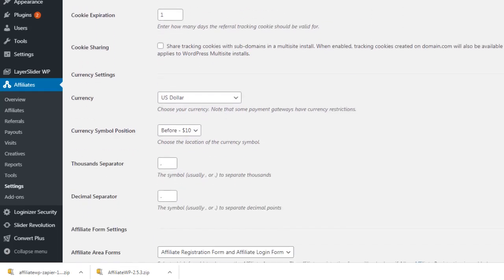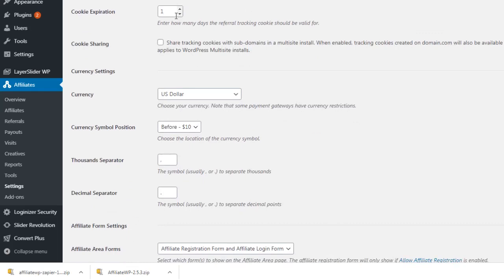Now, cookie expiration, that really depends on you. Enter how many days that your referral tracking code should be valid for. So if you want the max amount of time, you might want to do like 360 days or 365 or 999, a bunch of nines. So telling the system that you don't want the cookie to expire. Now, obviously, if somebody were to clear their cookies utilizing like an antivirus software, then there's nothing you really can